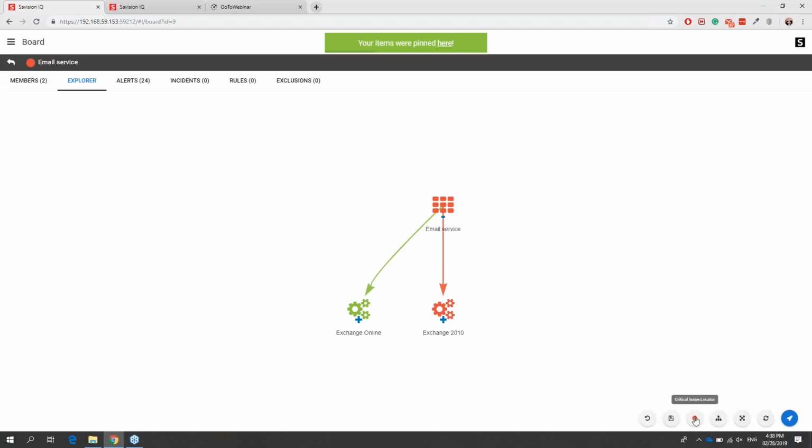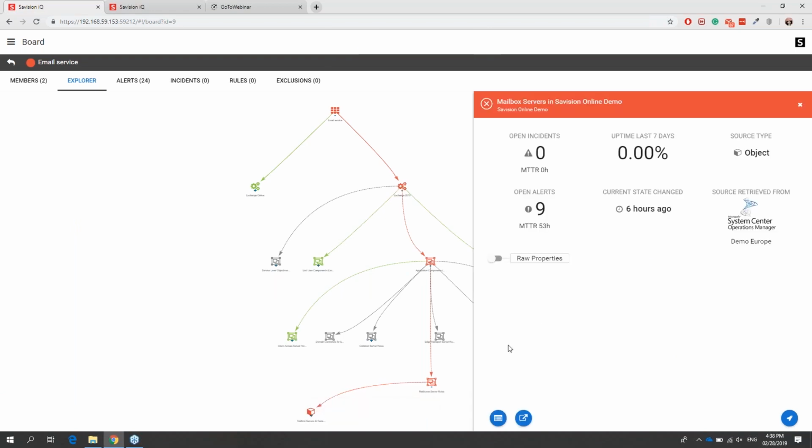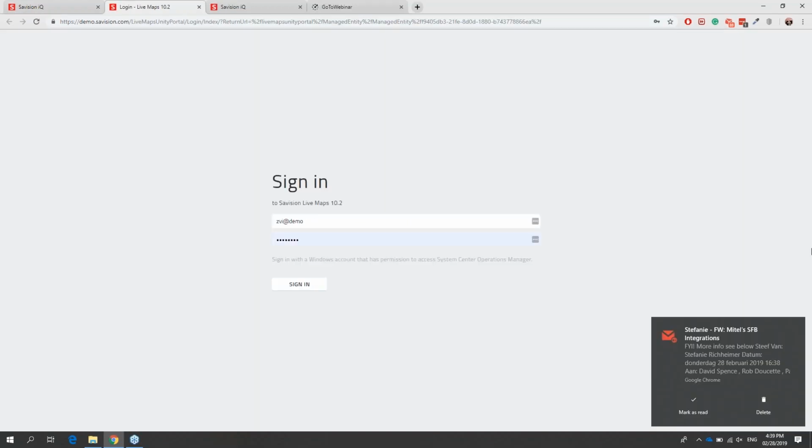And we can actually use this button here to locate what the root cause is of the problem within Exchange. It simply opens that up, tells me that that's the issue. I can click on that, which is a mailbox server group. Oh, wow, mailboxes fill up all the time. And within a click of a button, I can be down in my live maps